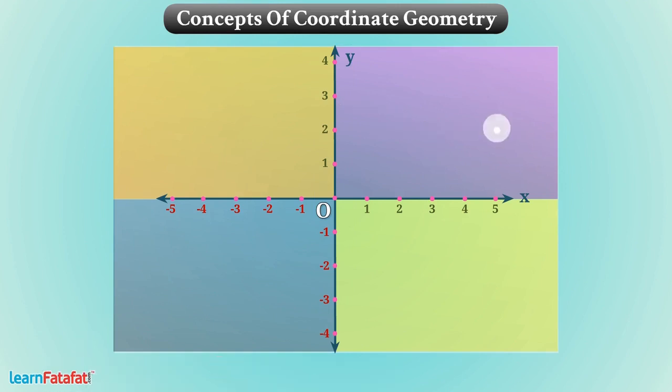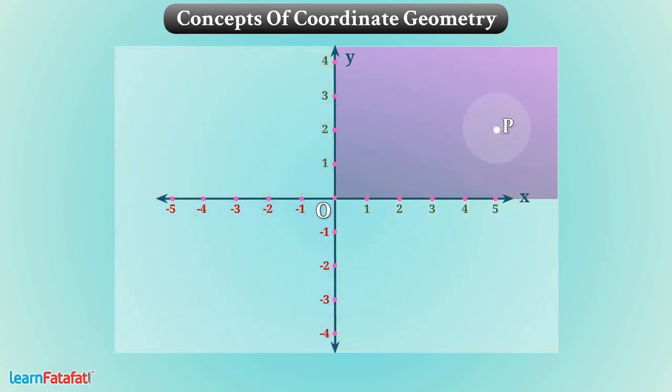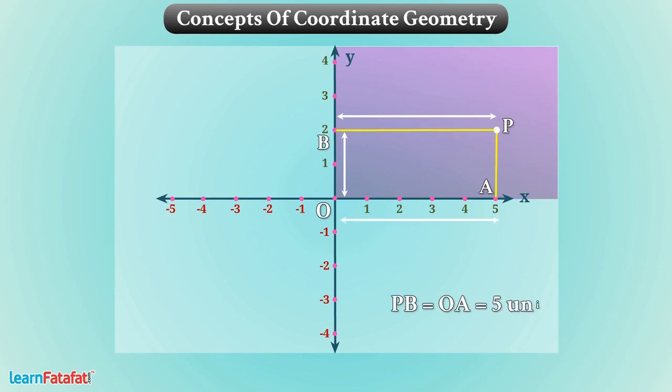Now suppose point P is located in the first quadrant as shown. To write its location, we can draw perpendicular PA on the x-axis and perpendicular PB on the y-axis. To measure the perpendicular distance of point P from the y-axis, we move along the direction of the x-axis and measure the distance. Here, PB is equal to OA is equal to 5 units. This distance represents the x-coordinate of point P. The x-coordinate is also called